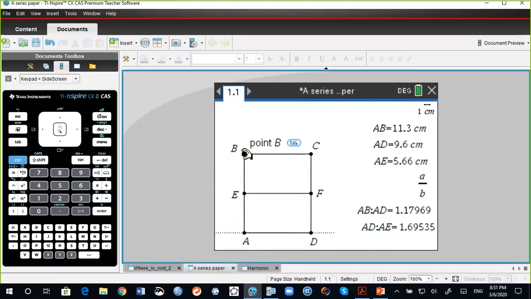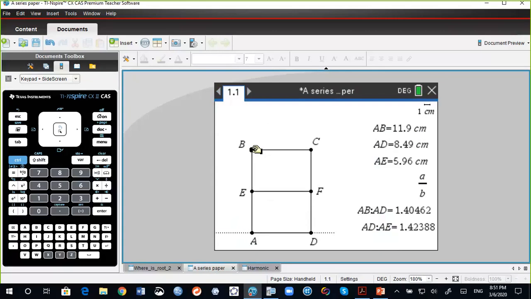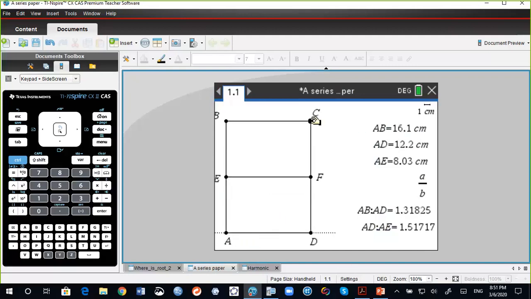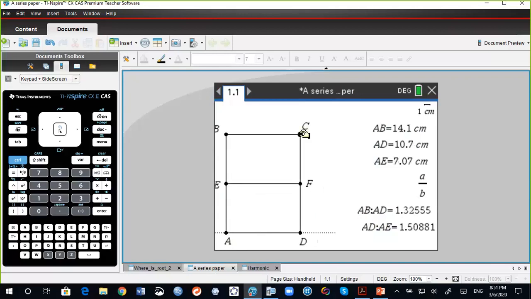So students can vary the sides, trying to figure out where exactly those ratios are the same, and discover that those ratios are always the same when it is equal to the square root of 2. They can easily change the sizes or move different points and then discover that. And that brings a very interesting real-life story.